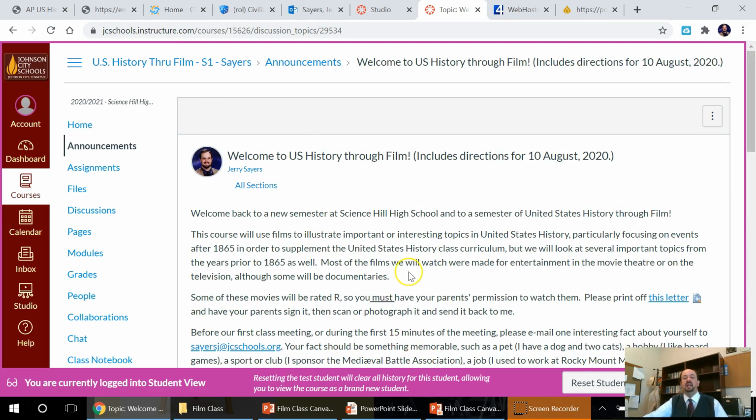Now, the announcements will typically point to an assignment of some kind, although not today. Today your assignment, of course, is to log into Zoom, and you do need, at least for now, to log into Zoom every day, usually at the beginning of class. Many days it will be a brief check-in to make sure everyone is here, and so I can take attendance. There will be some days when we'll have a discussion of some length during the Zoom meeting. Normally it will be at the beginning of class, sometimes it will be partway through class. Either way, the time you need to log into the Zoom meeting will be in the announcement for that day.